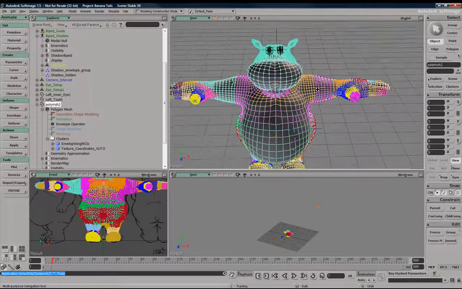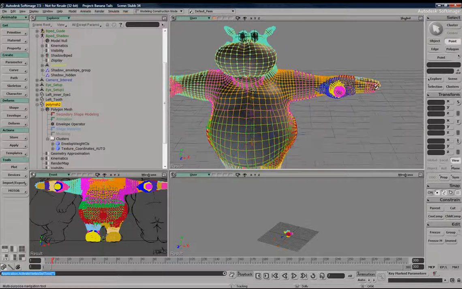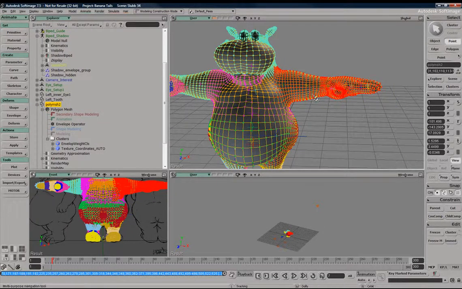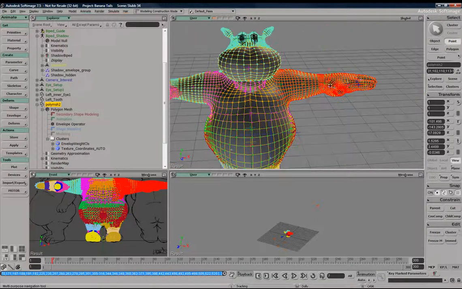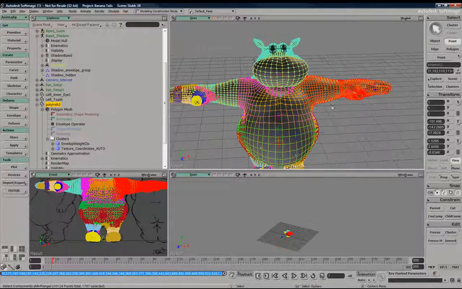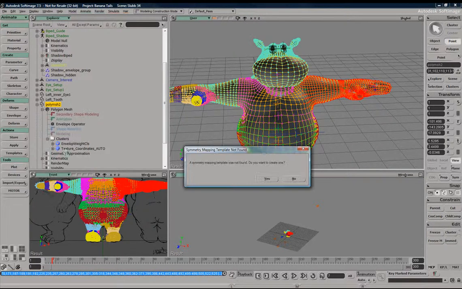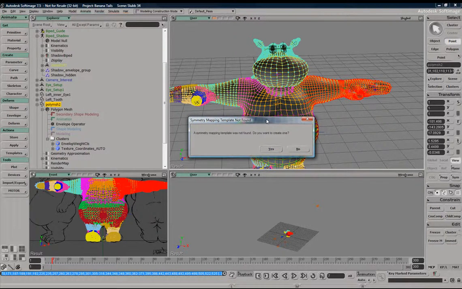So we're going to select our geometry. This is very particular. You're going to need to make sure you select the components or points. We're going to need to make sure we select these points because we want to mirror these over. And while it's still in point mode, we're going to go to envelope mirror weights. XSI is going to scream at us because